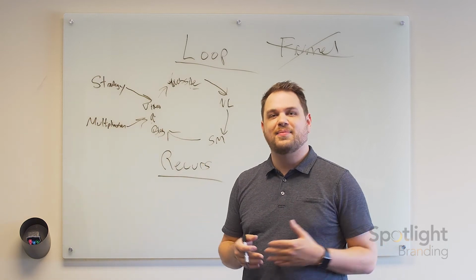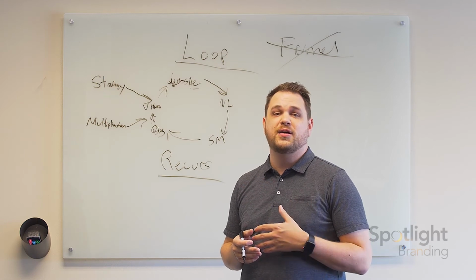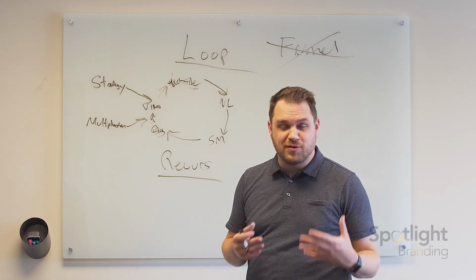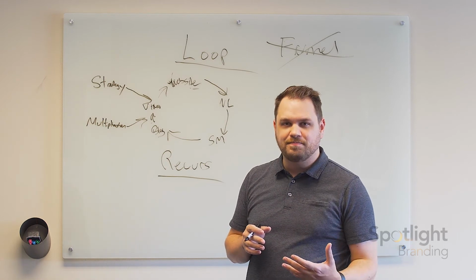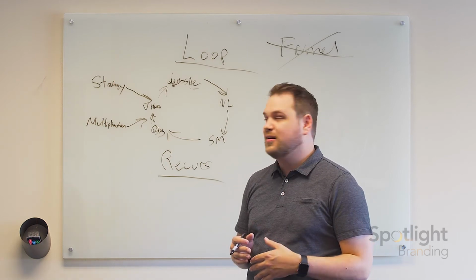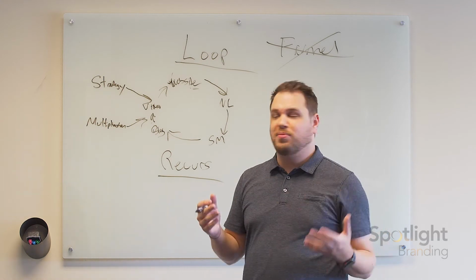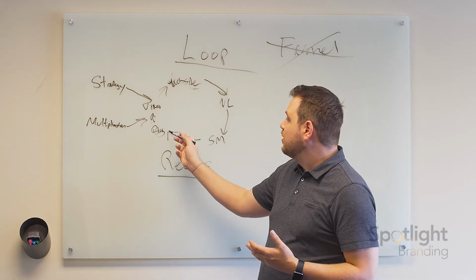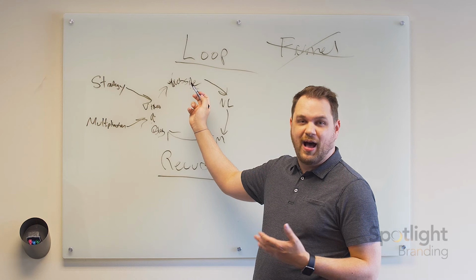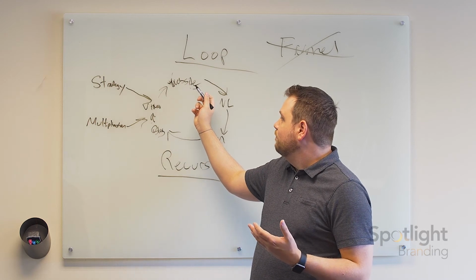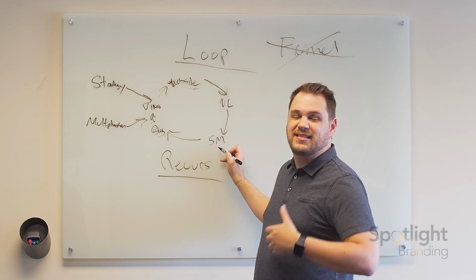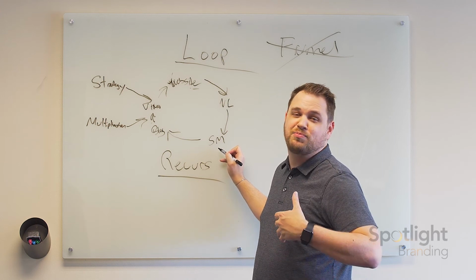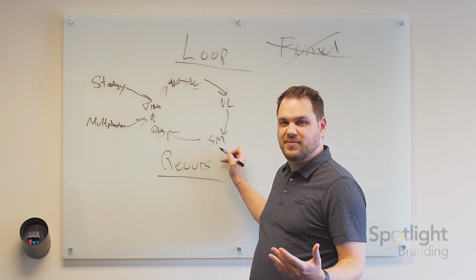Then write a blog about the same thing. Heck, you might even be able to get that video transcribed into written content and then maybe just edit it a little bit, and now you've got a blog. That's multiplication of content. Whether you do that or you just write a blog from scratch, take the blog, publish it on your website, obviously. But then also share that blog on social media. That's now social media content. Matter of fact, you could probably share that blog multiple times on social media.